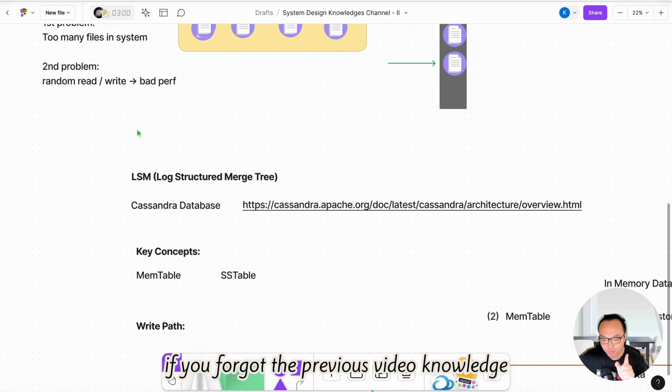Especially we said the reason why we have SSTable is because we don't have enough memory for the MemTable previously. So actually there's no way you can read this table into the memory, right? Okay, so in that way, how are we going to do that? There are several optimizations, okay? The first optimization is, let's say, which